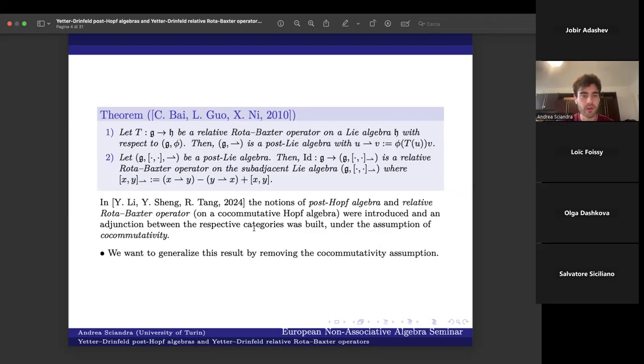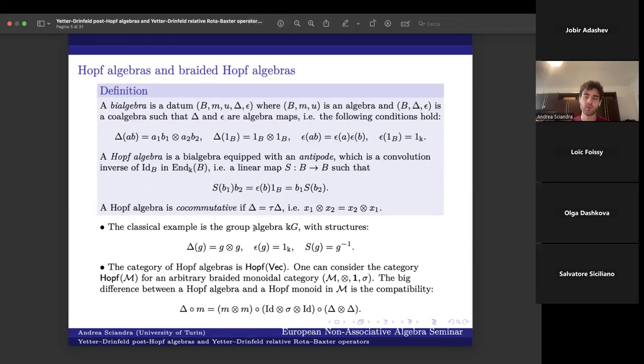So first, I would like just to recall what a Hopf algebra is and what a braided Hopf algebra is. In fact, we will need also the notion of a Hopf algebra in a different category, different from vector spaces, I mean. So first of all, a bialgebra is just the datum of an algebra, which is also